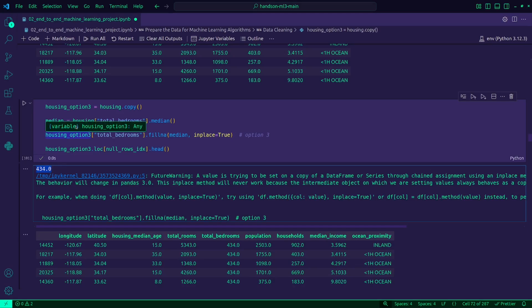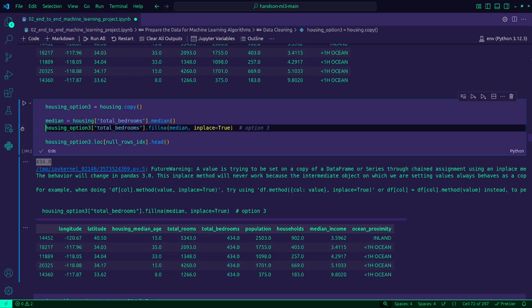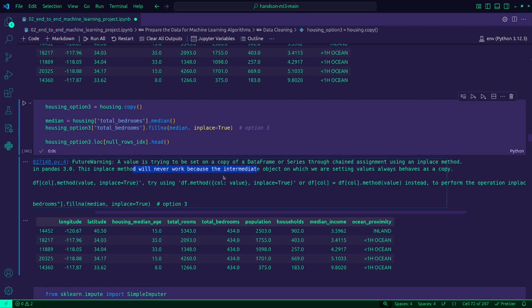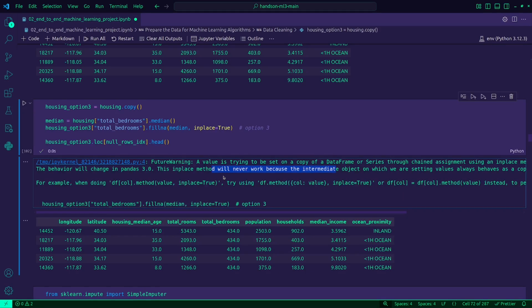And then, let me just remove this. Future warning: a value is trying to be set on a copy, in place method, the behavior will change. Okay, so they are cleaning up the logic. I don't need this right now.